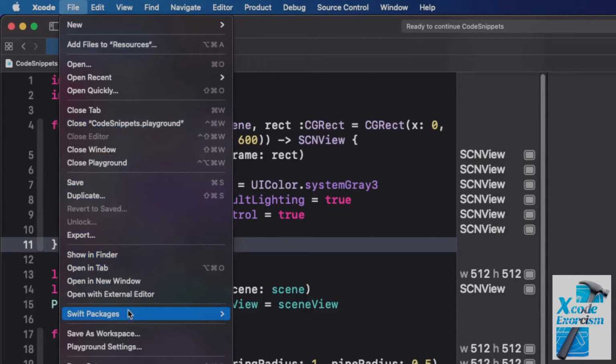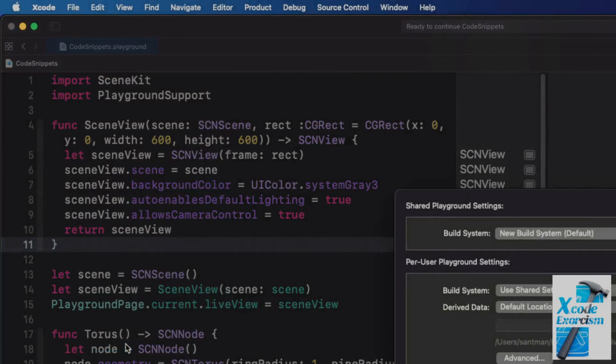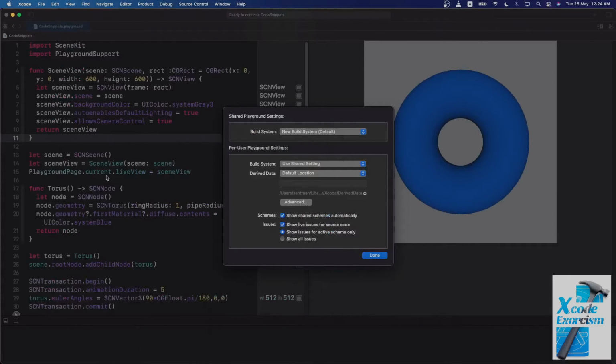Click on the File menu, come to the playground settings, click on that. Let me zoom out. One more thing to note here is all these things have nothing to do specifically with playground. All the things I'm showing here, the same steps are also valid in the case of normal Xcode.